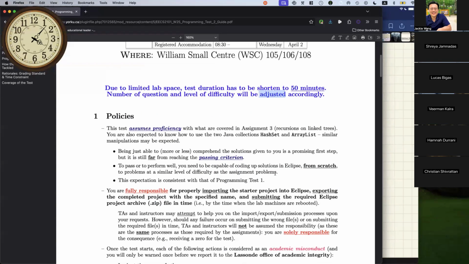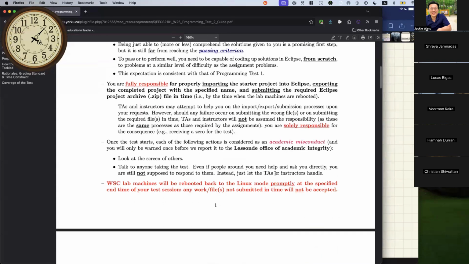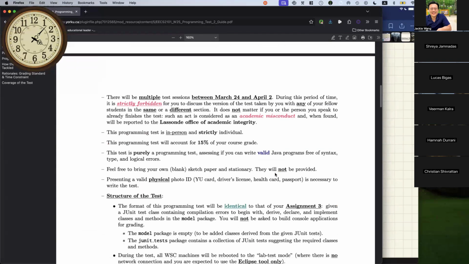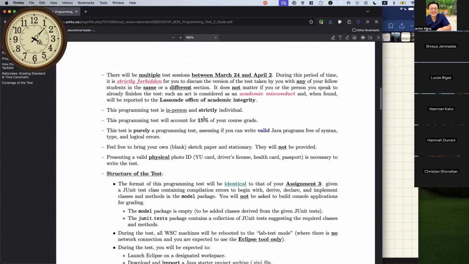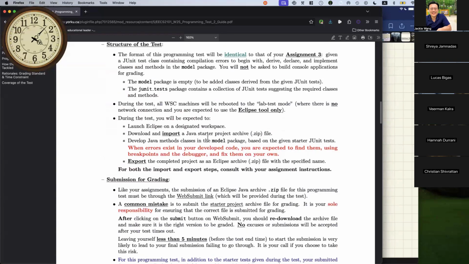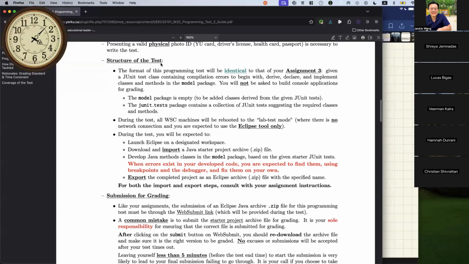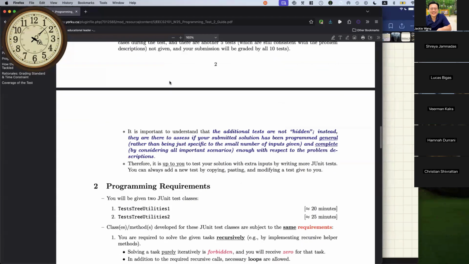For policy, it's really the same as last time. I'll let you read it; you should get familiar with the policy. And of course, the percentages here should not be surprising. It's just on the course syllabus. The structure for the test will be the same. You're going to use Eclipse, and you will be fully responsible for writing your Java program without any compilation error. You also need to make sure you submit in time. If you cannot submit all the files for grading, there's simply nothing we can do. So you really have to make sure you do that during the test.